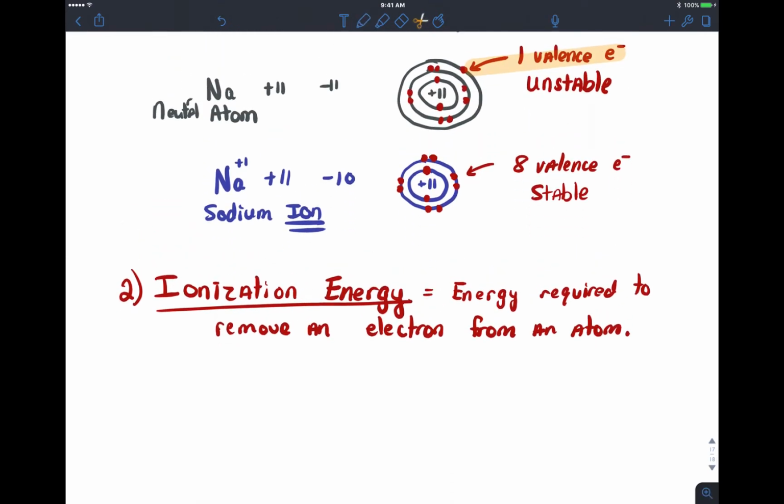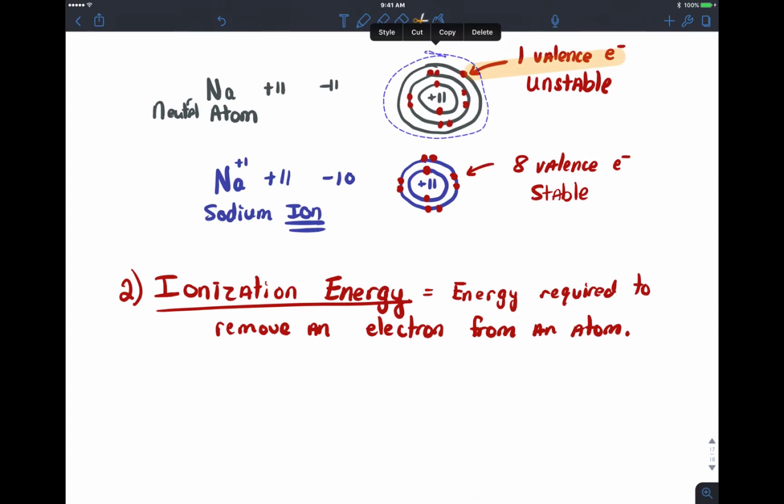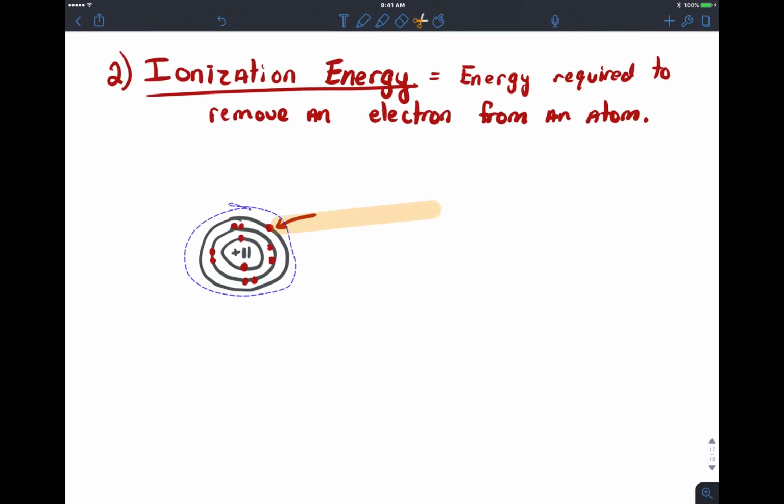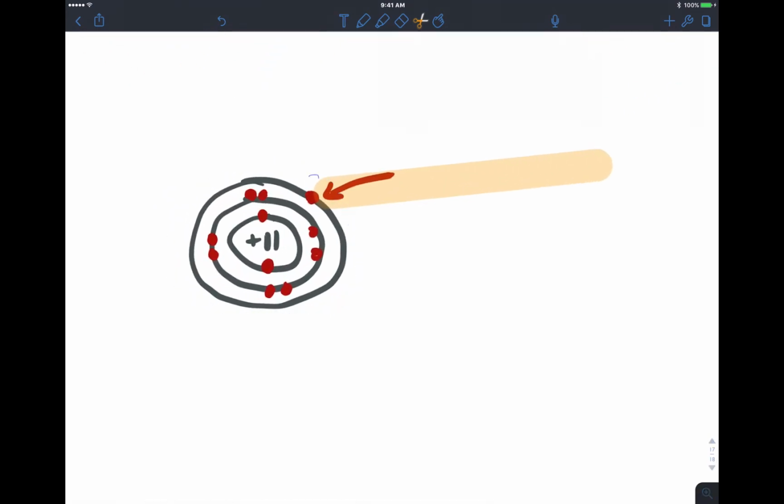Well, first, let's go ahead and take this, and we're going to put it down here so that way we can assign a number to this. All right, so that one electron right here, that one electron in that third ring, it needs to be removed. In order for that to become stable, to form an ion, we have to get rid of it. So if that's the first electron that needs to be removed, then we need to take and focus on what we call the first